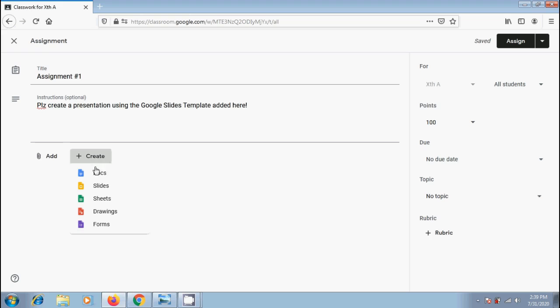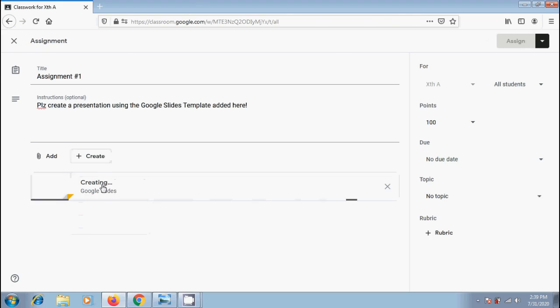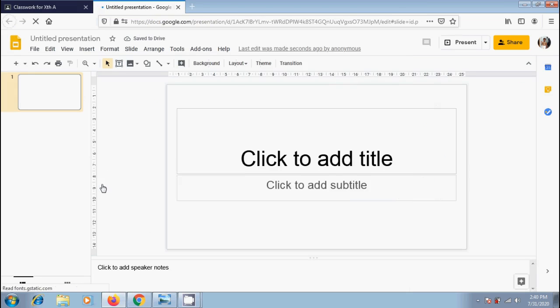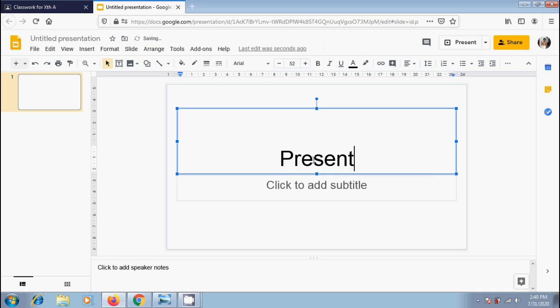Next click on create. From the options, please select slides. Then it will open a blank presentation in Google Slides. Here I will prepare a layout which the students can customize and build the presentation using various options showing in Google Slides. Here I want to add a title,